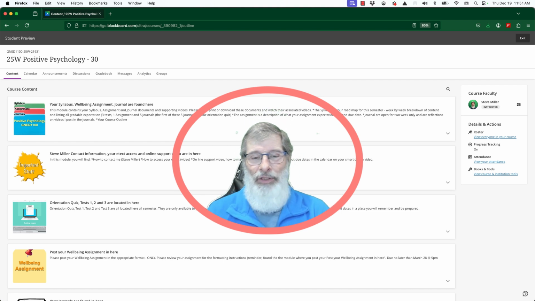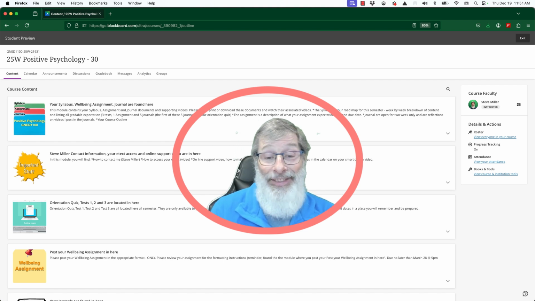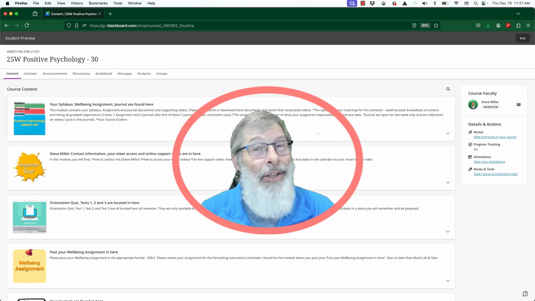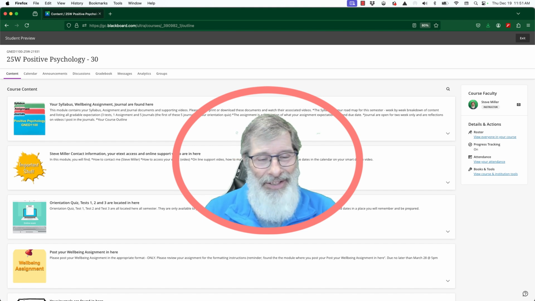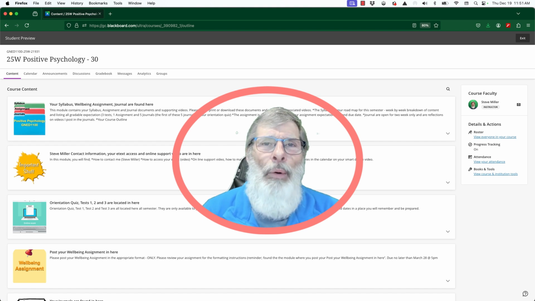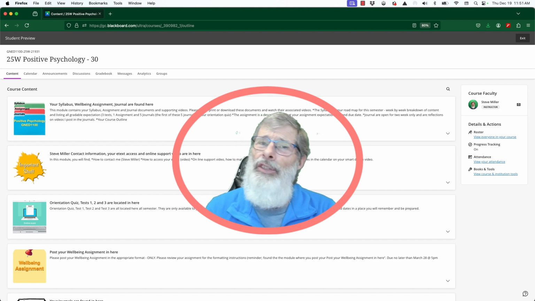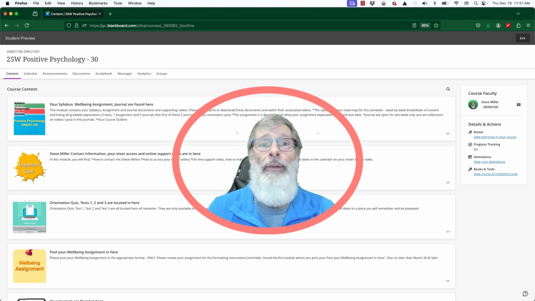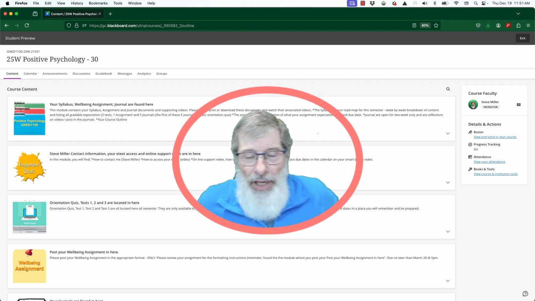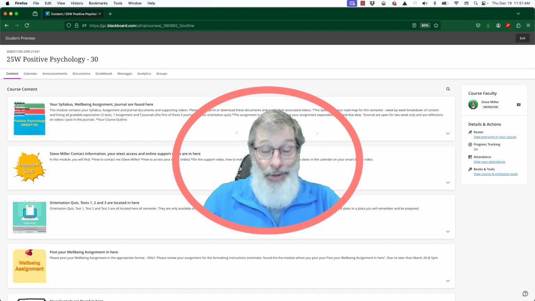Now in this course we're going to explore traits, thought processes, thought patterns, behaviors, and experiences that contribute to the state of happiness, resiliency, mindfulness, individual and community traits and strengths, and the power of hope and optimism. Now there's a lot to cover in this course, and a lot of it is very useful and helpful. So let's get into the Blackboard shell and let's get started with positive psychology orientation.